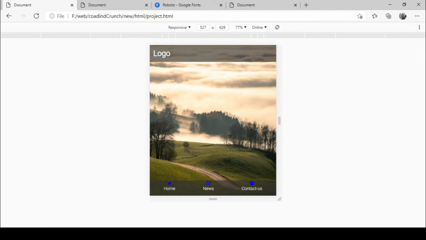So here you can see the style of the list has been removed, and it has taken the font size as 18 pixel for both the text and the icons of the Font Awesome.